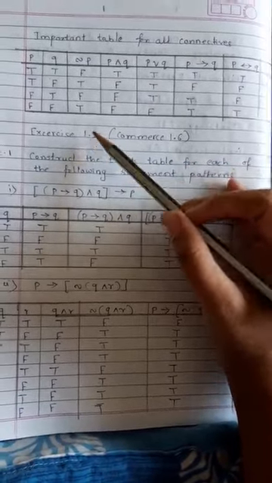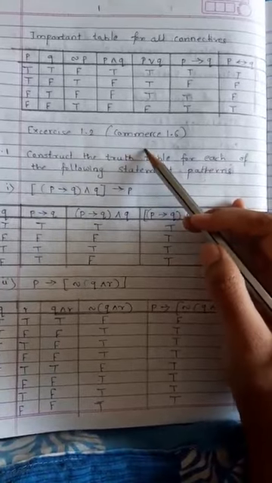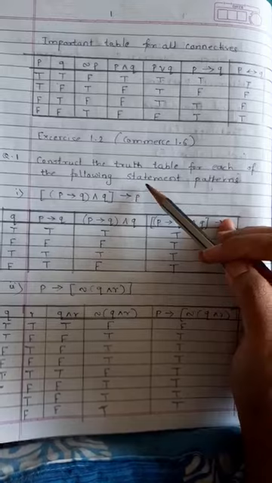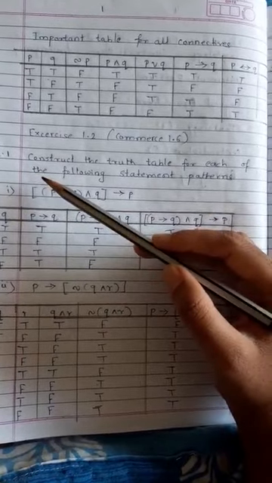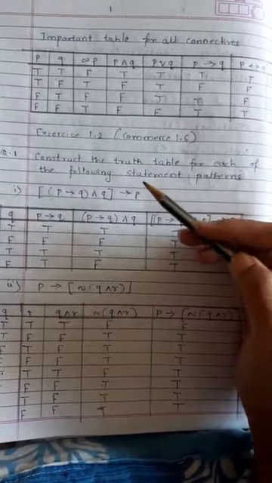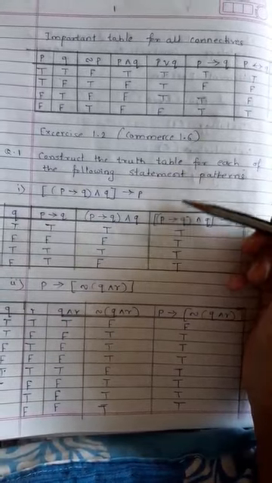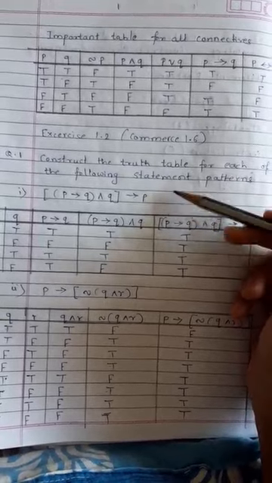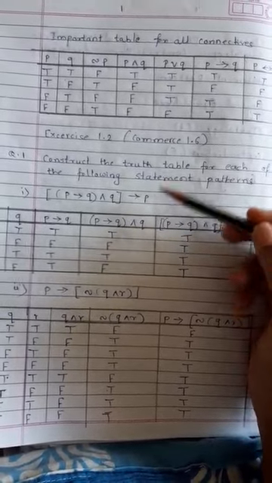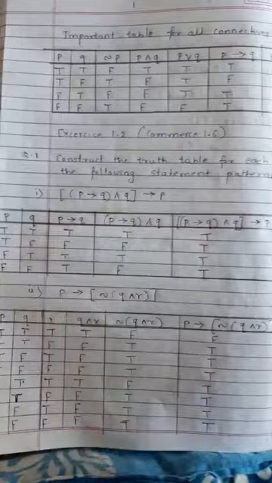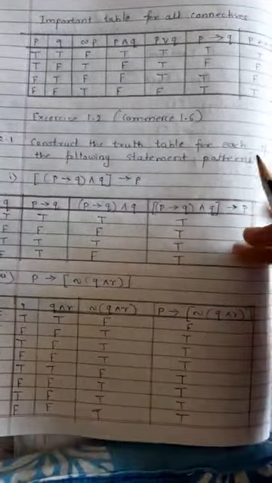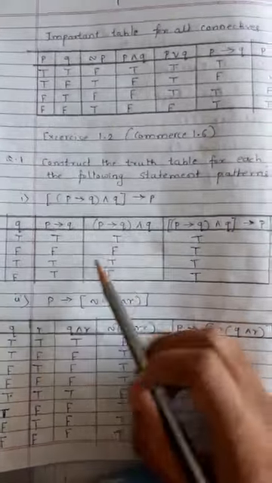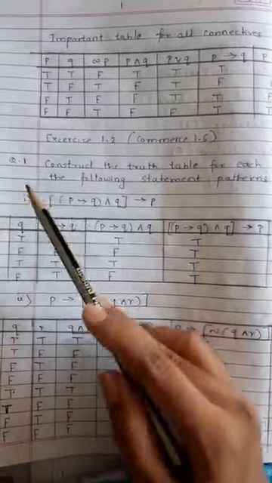Okay, so this is Exercise 1.2, and for commerce students this is Exercise 1.6. Commerce students, please go through the exercises, because all the exercises are very easy and I am taking the same pattern problems. So try to solve the solved examples and exercises, both commerce and science students. Okay, so what is the question?